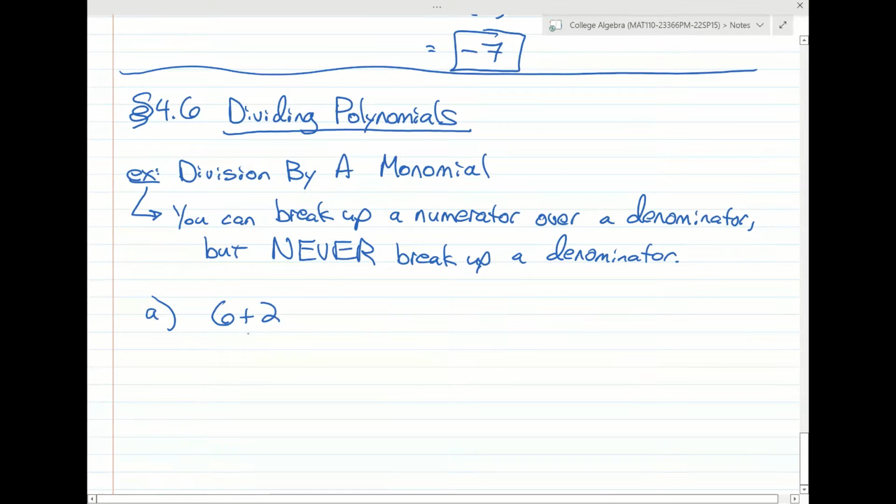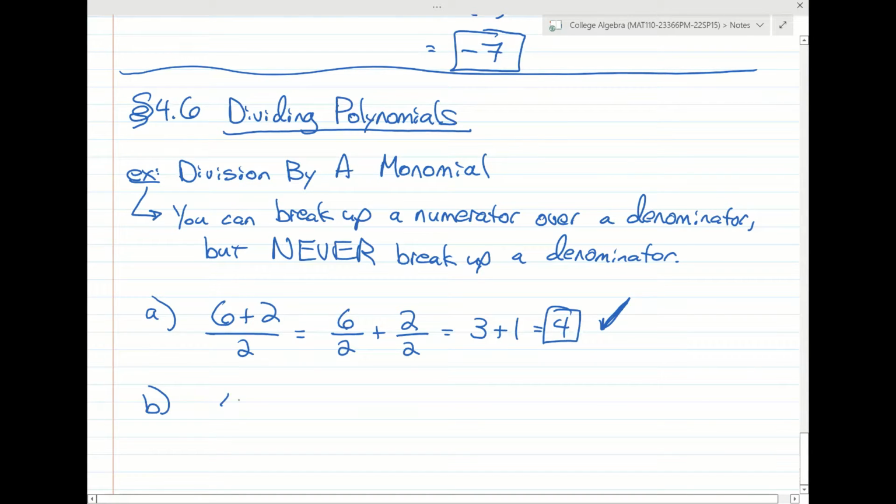6 plus 2 divided by 2. We know 8 divided by 2, of course, is 4. You are allowed to write this 6 divided by 2 plus 2 divided by 2, which is 3 plus 1 or 4. That's fine. You're allowed to do that and everything's good. What you're not allowed to do